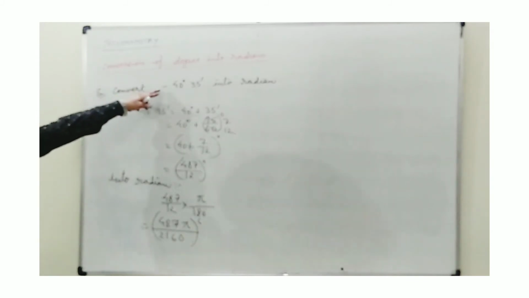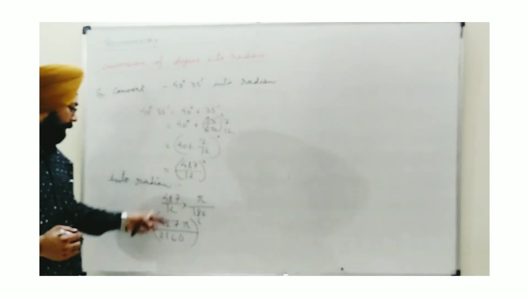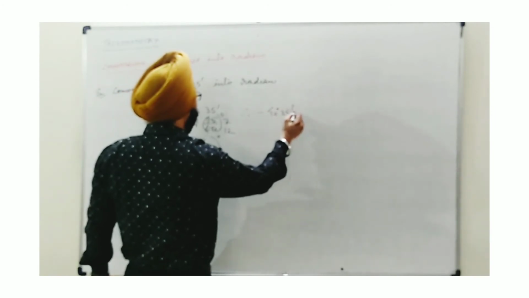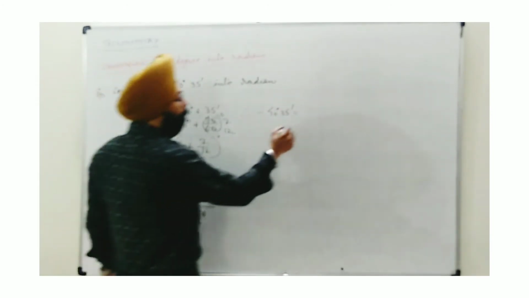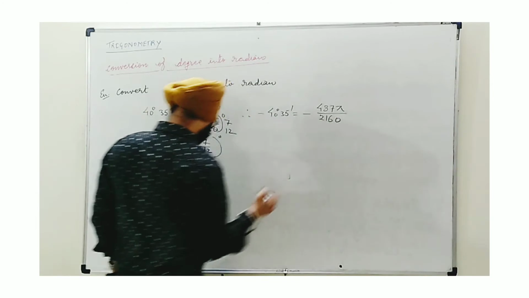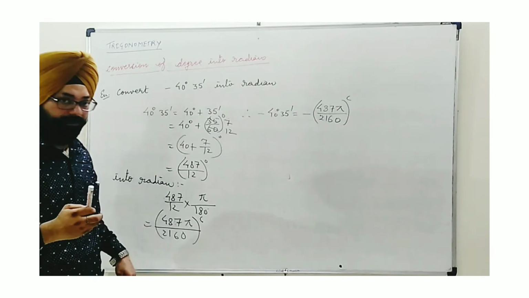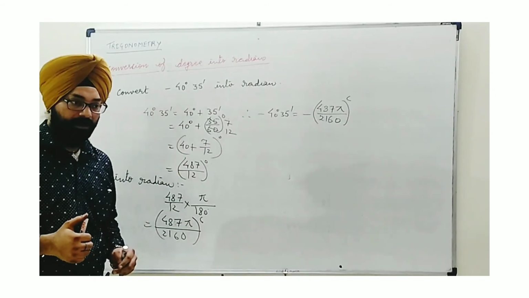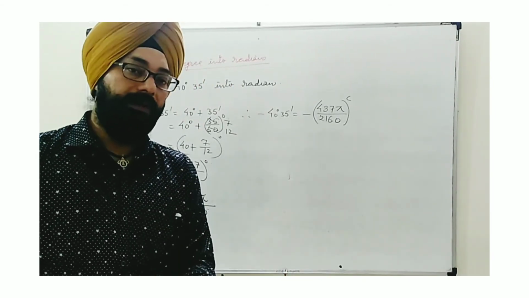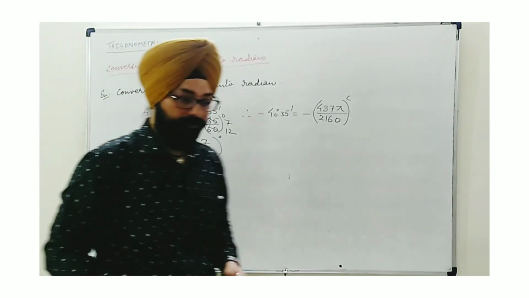But we were given with a minus sign. So no problem, wherever negative angle is there, we have completed this portion in radian. Now simply, therefore we can put minus 40 degree 35 minutes is equal to minus 487 pi upon 2160 radian. This way we do. So minus will not affect the procedure. Okay, this remains as it is. So these were few questions to explain how to convert degree into radian. We have to see how to convert radian unit into degrees also. Somewhere it may be needed. So that's why we will start with the help of questions.